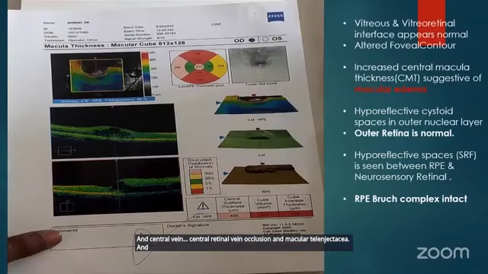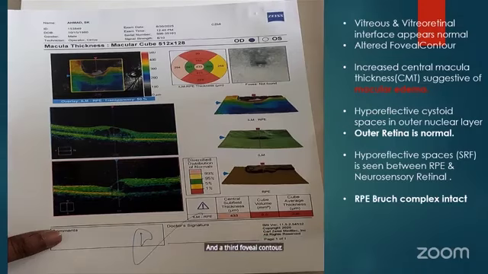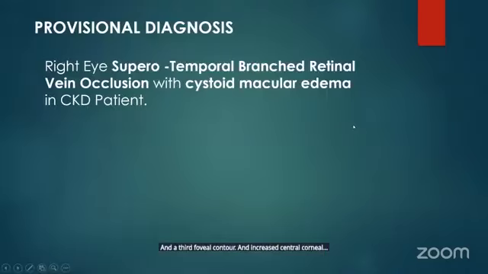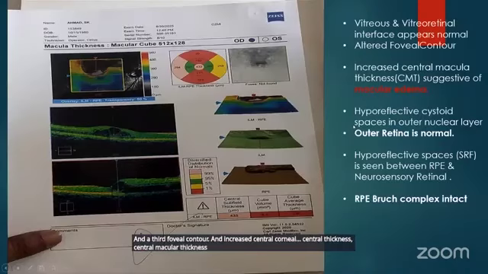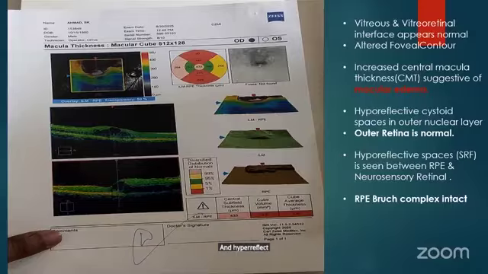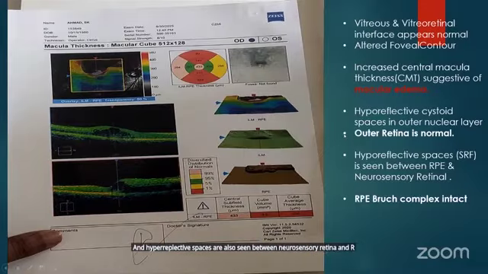And this is my OCT findings. Vitreous and vitreoretinal interface appear to be normal, with altered foveal contour and increased central macular thickness suggestive of macular edema, and hyporeflective spaces are seen. Outer retina was within normal limits, and hyporeflective spaces are also seen between the neurosensory retina and RPE, and the RPE and